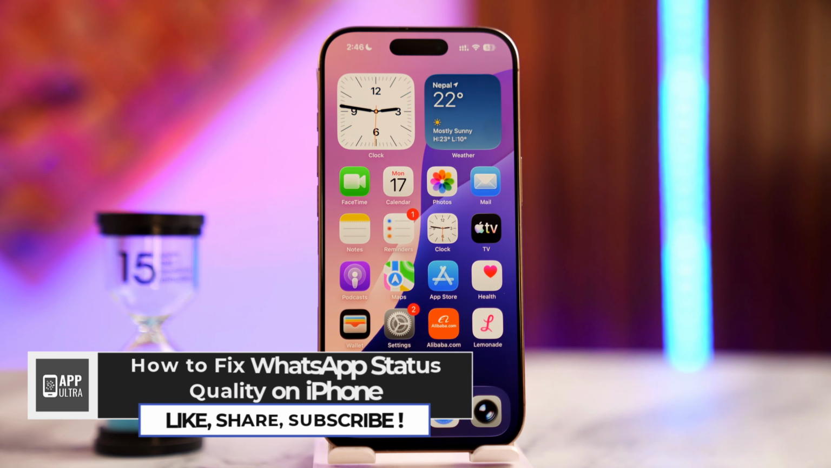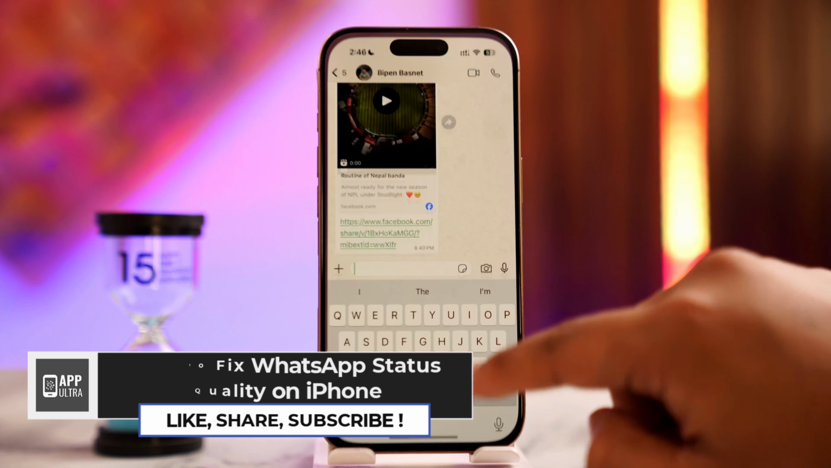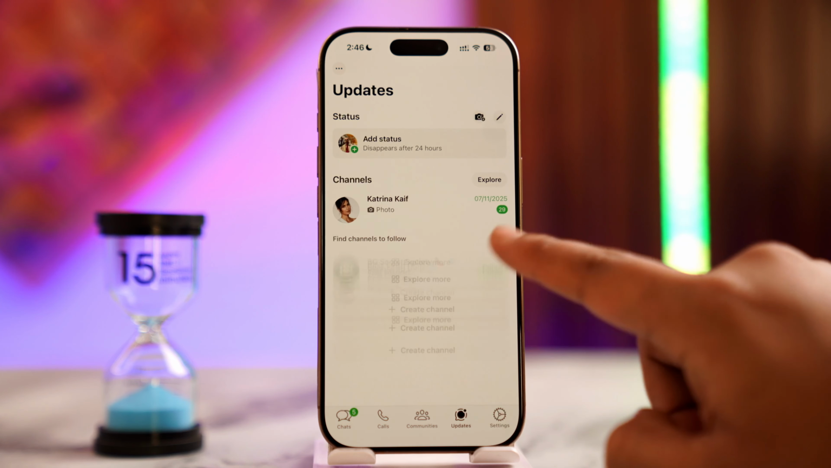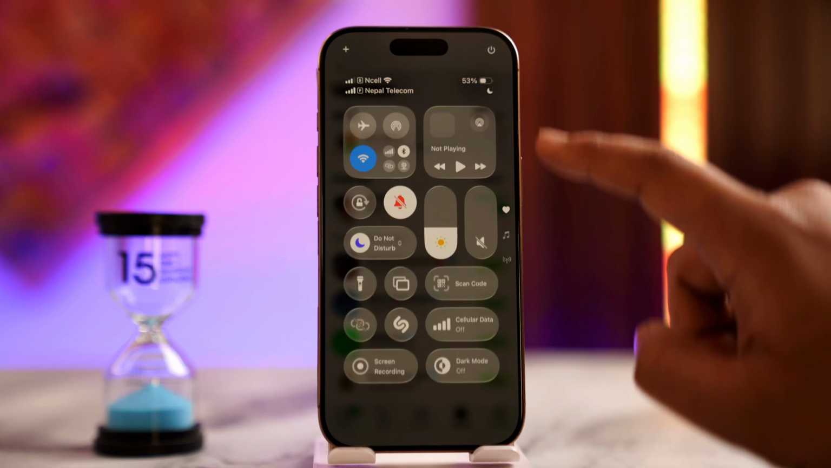How to fix WhatsApp status quality on iPhone. To fix your WhatsApp status quality on iPhone, if I open WhatsApp and you're trying to update a status, basically it's in a fairly lower resolution than you might have preferred. In order to fix this, the first thing you want to check is ensure that while you're updating your